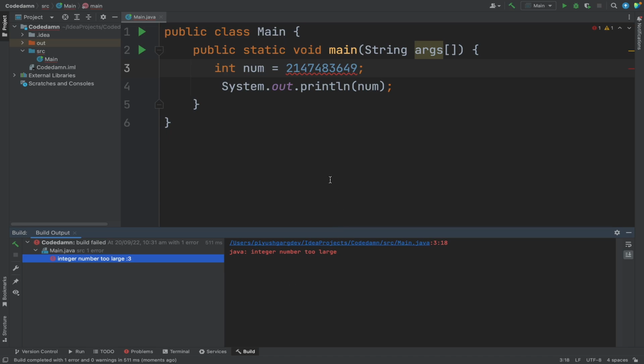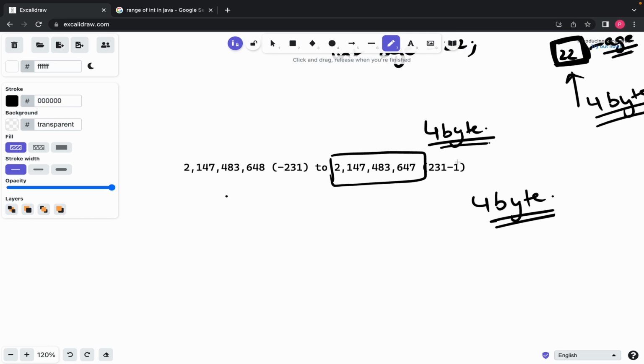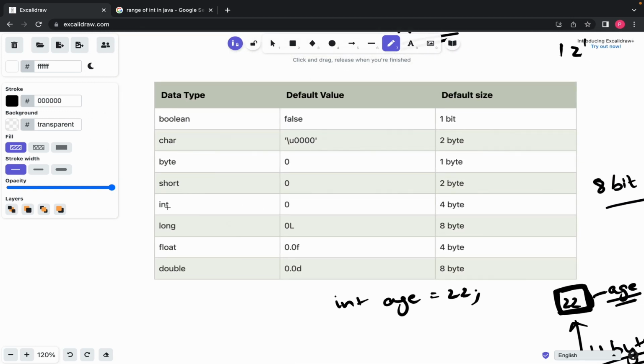in an integer. So the solution is we need something which has memory of more than 4 bytes, correct? So if I go back to the table, as you can see, here was the integer, which had 4 bytes of storage. Now I want to store a number that can have memory of more than 4. I see a long here, and a long can store 8 bytes of storage, which is obviously more than 4, the double of